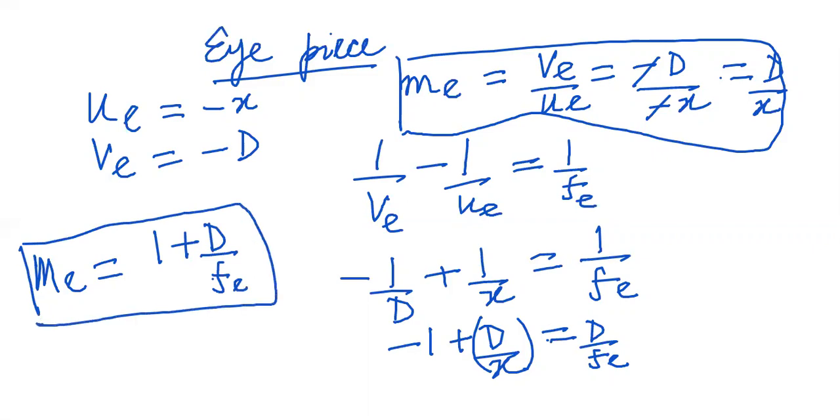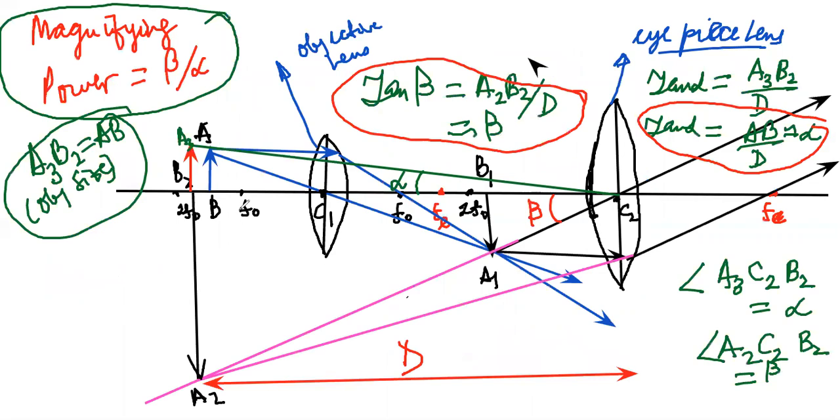Now I move on to the magnification of the objective part. I'll move on to the next page. For the magnification of the objective, the object over here, if you just look, should be placed very close to FO. So over here we can take something like this. For the objective lens, the object should be placed very close to FO.